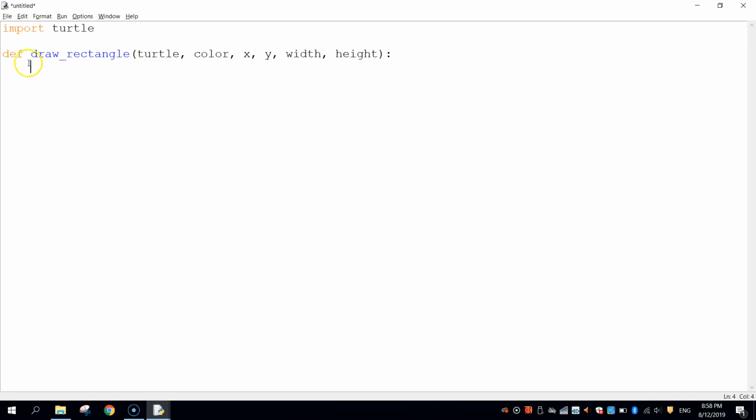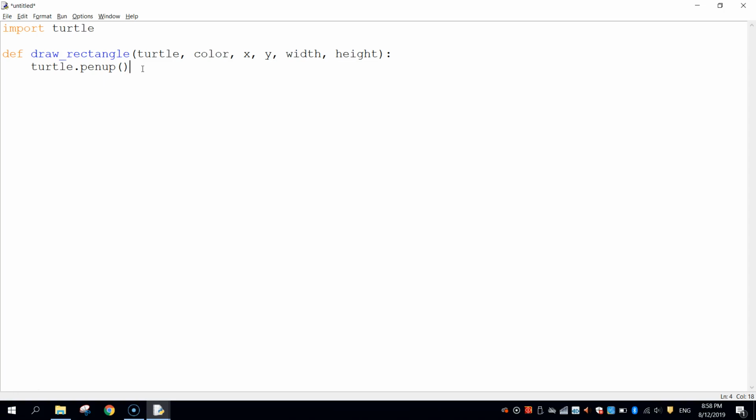And you'll see that your mouse cursor comes down to the next line and it's actually indented a small way. And that's good because all the code that comes in now underneath this function is what's going to draw that rectangle on our page. Okay, so the first thing we need to do to get this rectangle started is we're going to write in the word turtle.penup, and we're going to open and close a bracket. Now this penup function basically means that our pen has been lifted up off the page, and as our turtle moves around now, it's not going to actually draw anything onto the page,